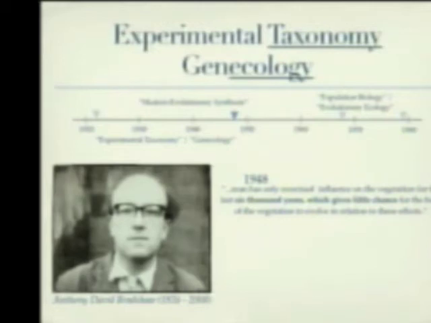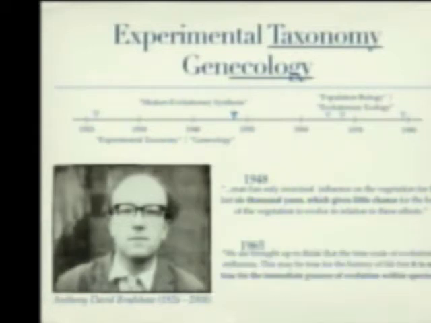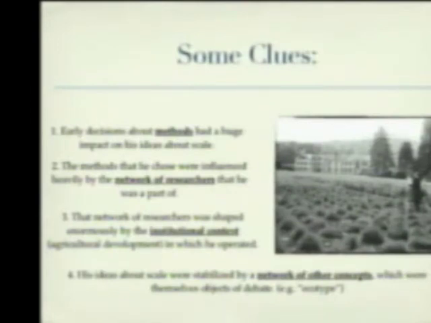but there's, for instance, one interesting figure, a botanist Bradshaw, who in 1948 basically says there's no connection between ecology and evolution because the timescales are different. And in 1965, he changed his mind and says that actually evolution can work on very small time scales, both geographically and temporally, and that then becomes the justification for a field of evolutionary ecology. So for a historian, the question is, what happened? Why did he change his mind? So how do we answer this question?